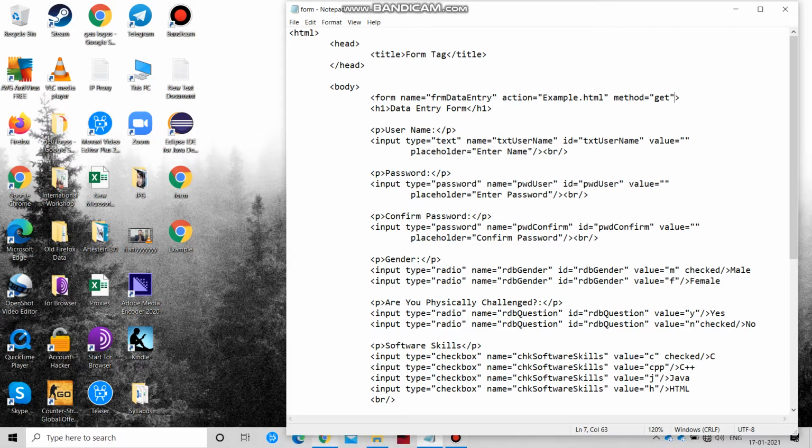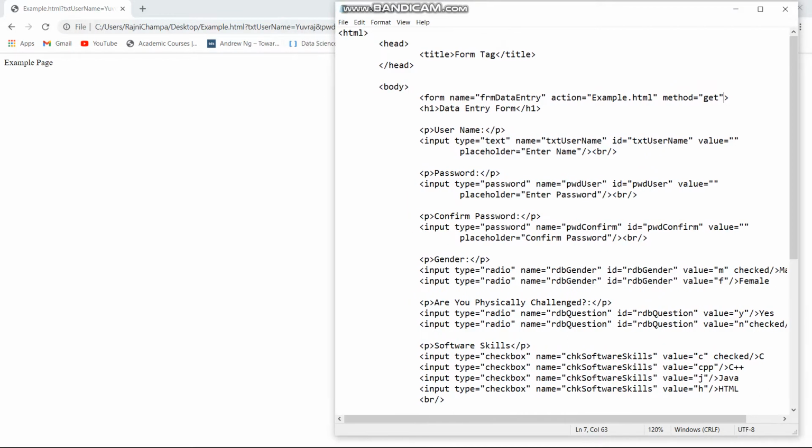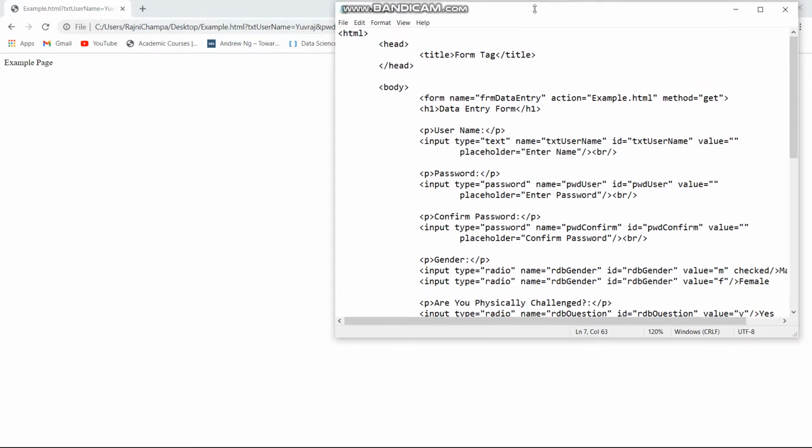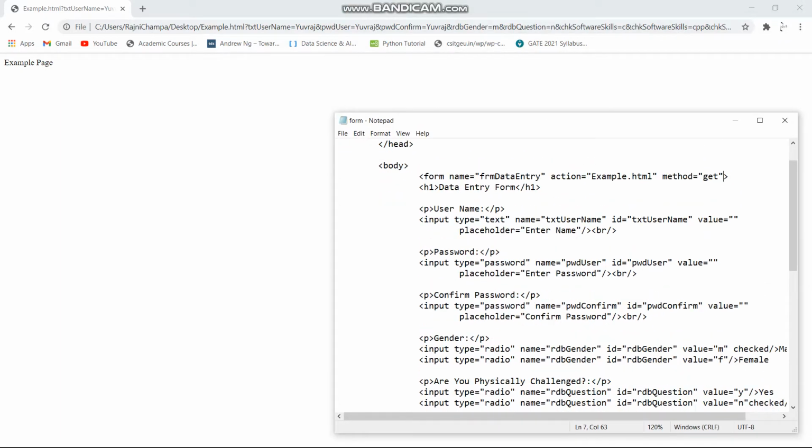As I have said, there are two methods for the redirection option. As we have used the get method, you can see that for the text field I have given the name txt username, and txt username Yuvraj appears there.